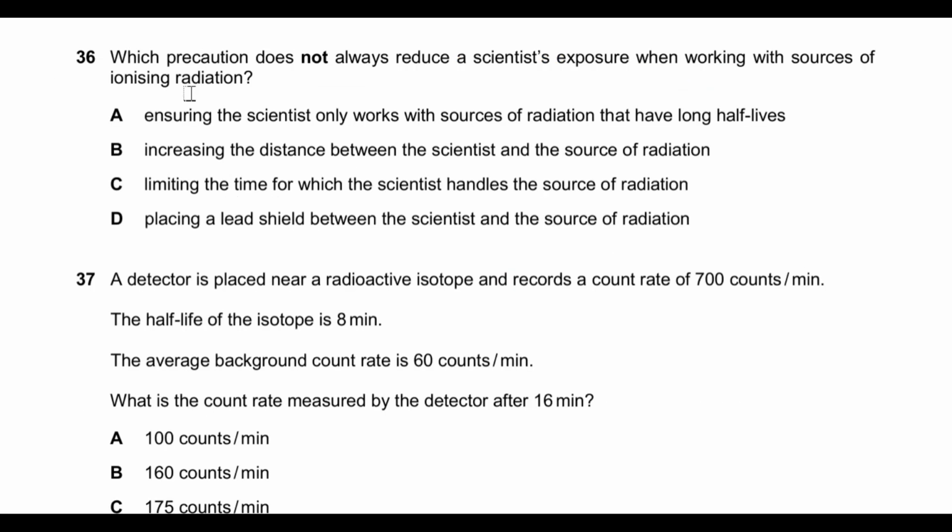Question number 36 says which precaution does not always reduce the scientist's exposure when working with a source of ionizing radiation? Option D is not correct because it's saying placing a lead shield, which is a very good protection. C is saying limiting the exposure time, which is a very good precautionary measure. B is saying increasing distance. Again, it is a very helpful method to reduce the damage. Working with long half-life sources is a bad idea because long half-life radioactive materials emit radiation for a longer period of